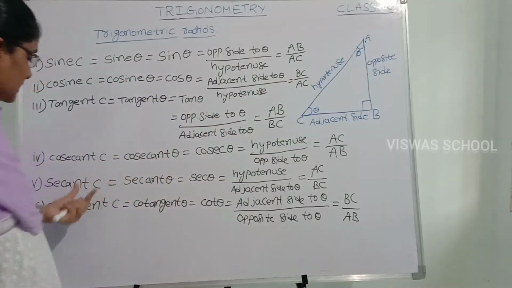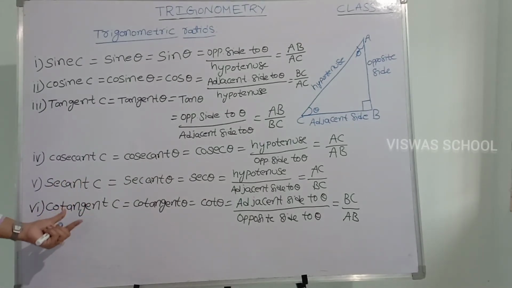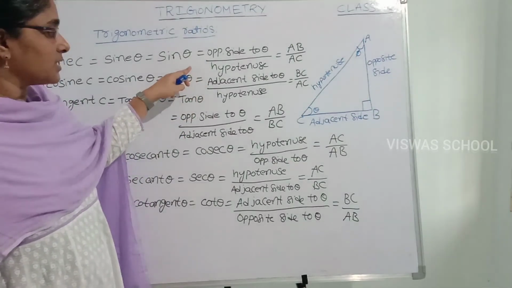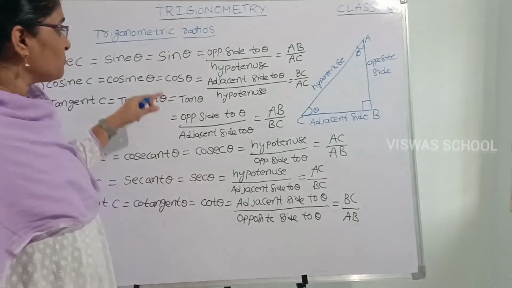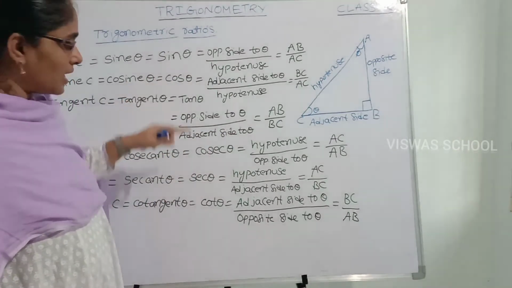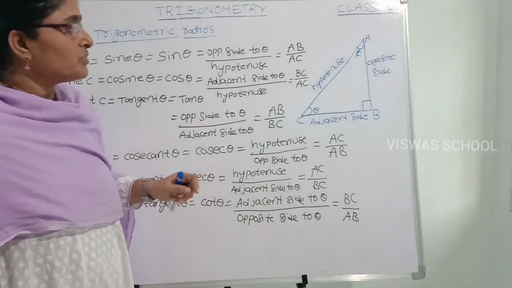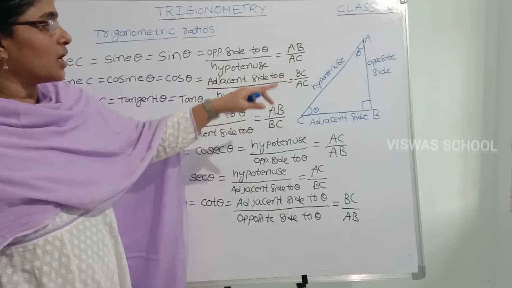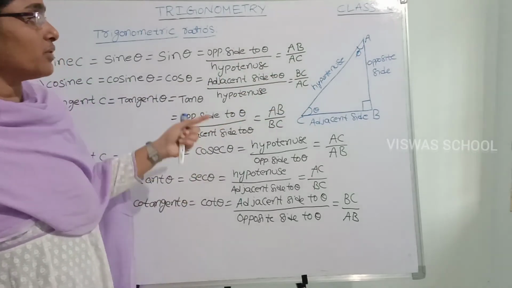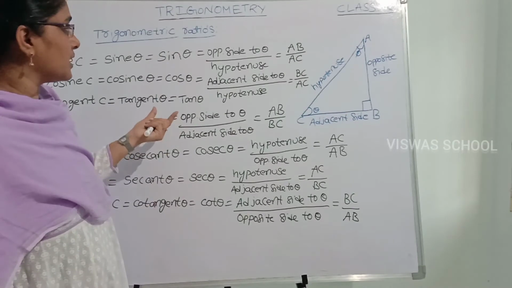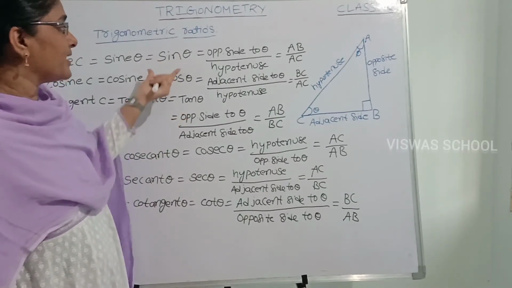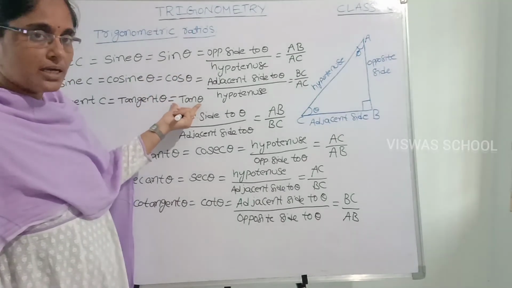And these cosecant, secant and cotangent are the reciprocals of the sine, cos and tangent. That is here cosecant theta means what? Reciprocal of sine theta. Hypotenuse by opposite. And this secant is reciprocal of cos and cot is reciprocal of tan. If you know any one side, that is AB or BC or CA, then automatically you can find the other ratio. That is, if you know the sine and cos, then automatically you can find the tan theta.